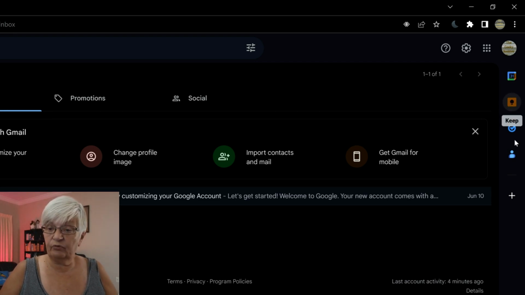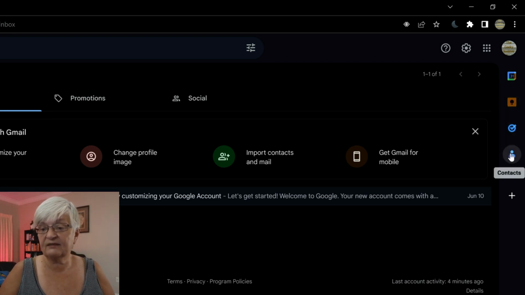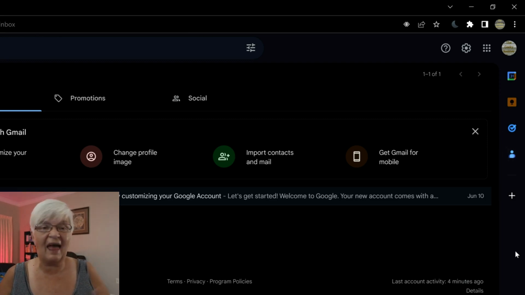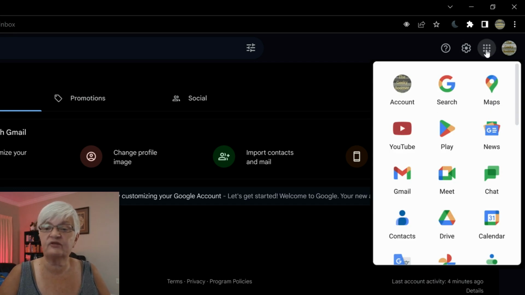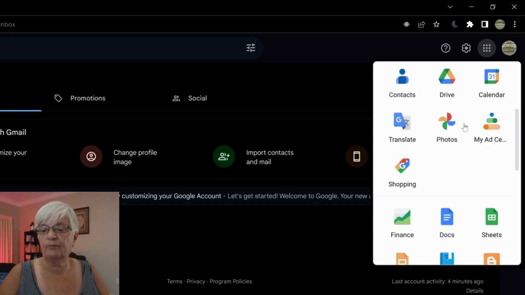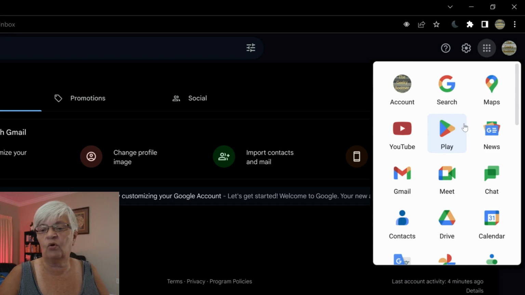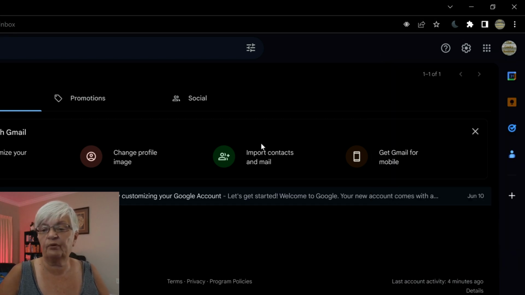I can quickly reach Keep, Tasks, my contacts. And depending on what app you are working in, it can look a little bit different. I like to have the access here, but you can always use this little waffle pattern up here and find all the other Google products.